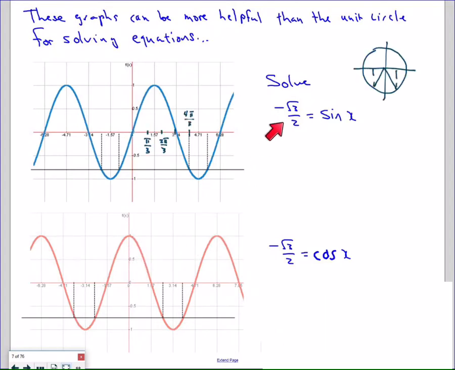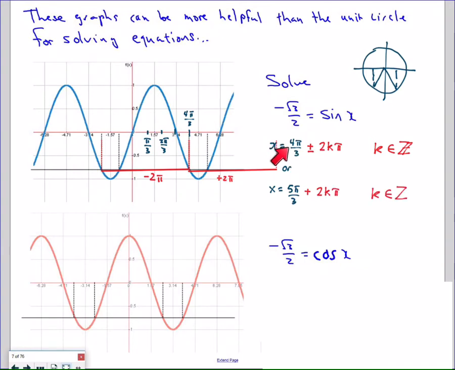For when the sine equals negative square root of 3 over 2, I need to consider the 4 pi over 3, which is the way down, and then on the way back up, I have another solution. And so I have multiples of 2 pi added to the 4 pi over 3, and multiples of 2 pi added to the 5 pi over 3. Notice it did just say solve. It didn't say over an interval, so I gave the general solution,